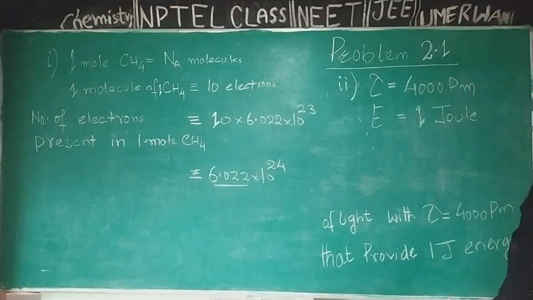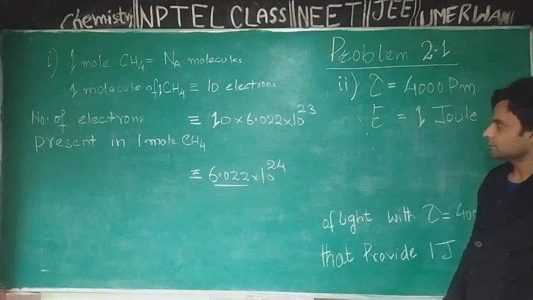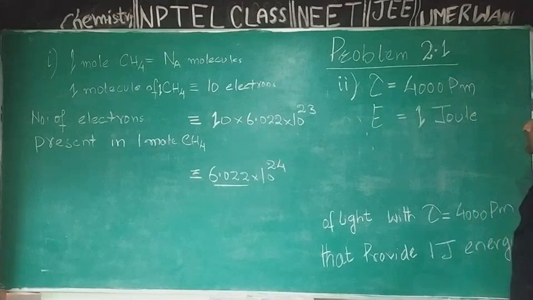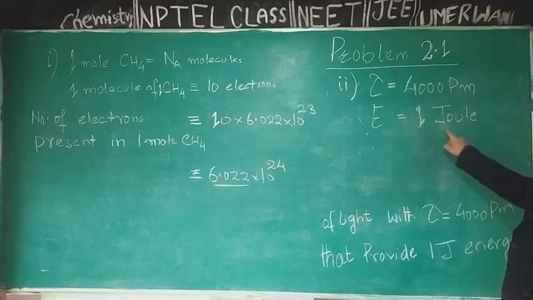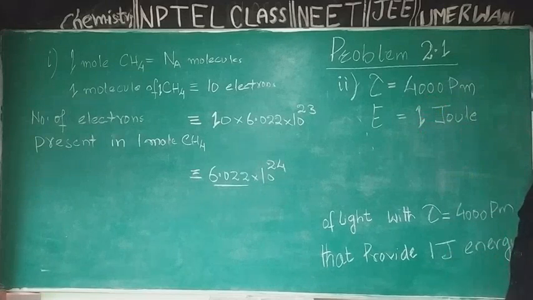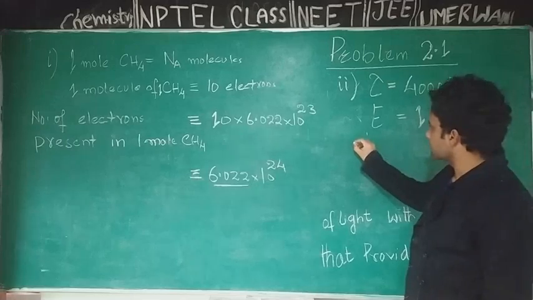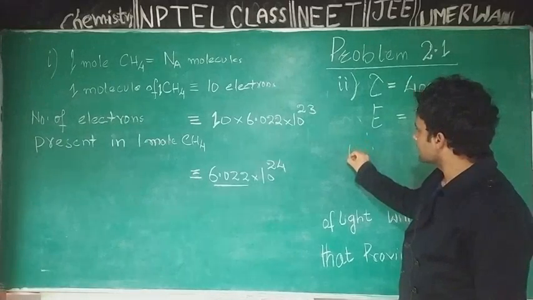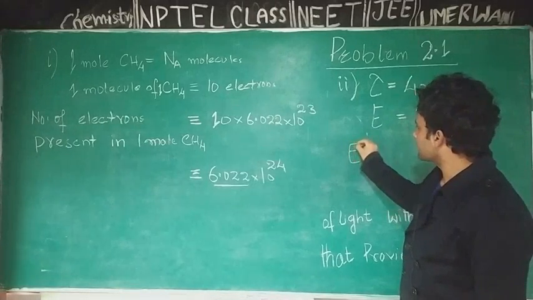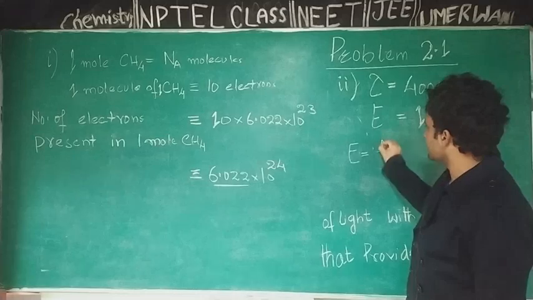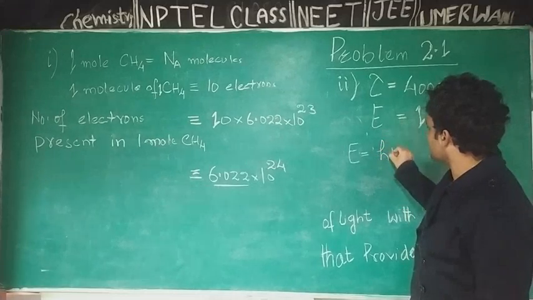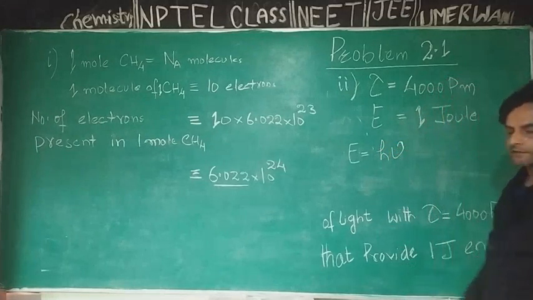With these two known parameters, I have to calculate number of photons in radiation of wavelength 4000 picometer having energy equal to 1 joule. I will use Planck's idea that energy of one quantum or energy of one photon is equal to E is equal to h nu,